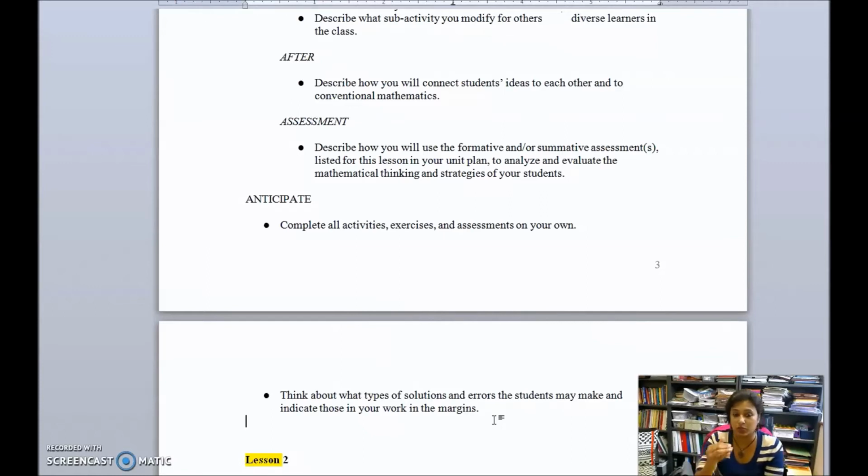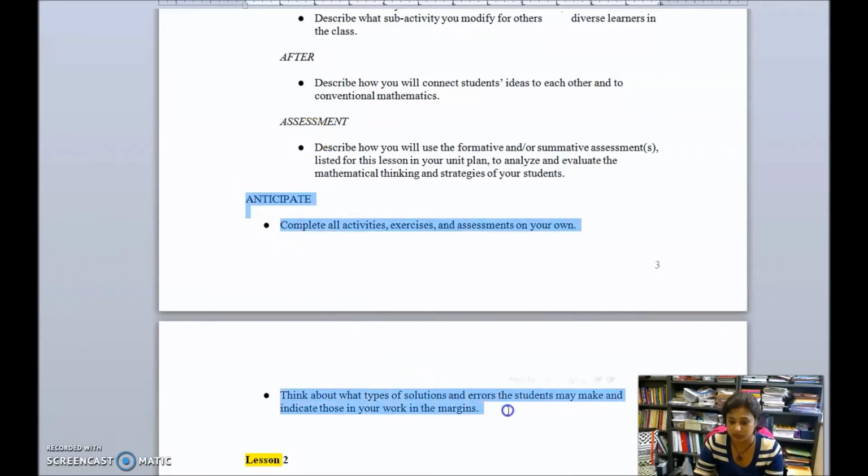And that is what you're going to put here. For your teaching lesson, you've done a reflection, you've taught that lesson. So you can add points from your reflection over here. But for the other 2 lessons that you include in your unit plan, you're going to think about the activities, you're going to think about when doing them, what could happen, and so what would be the errors and how would I solve those errors,